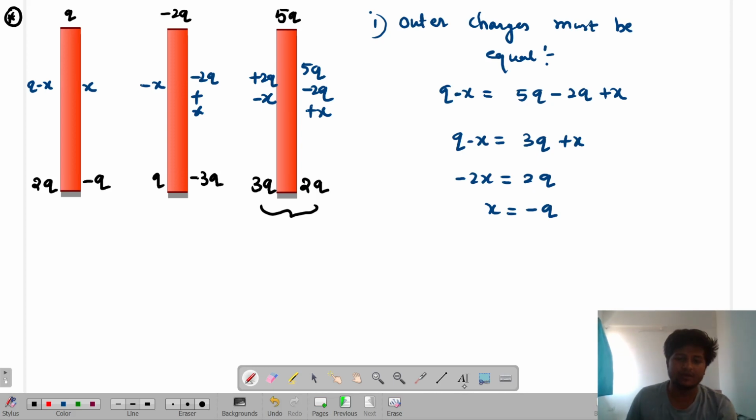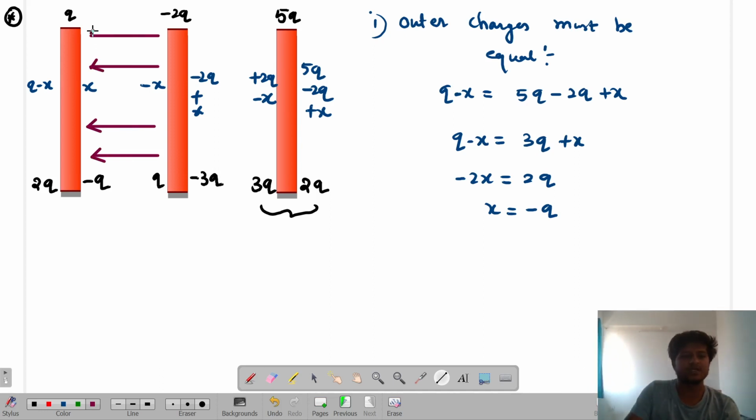So now look over it. Can I find the electric field also? On this region, the electric field will be in this direction, isn't it? If the surface area is the same for all of these, so the electric